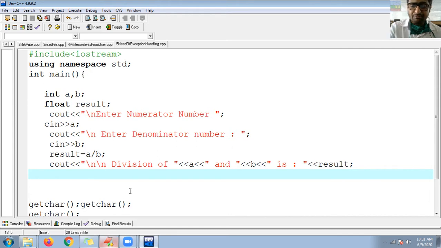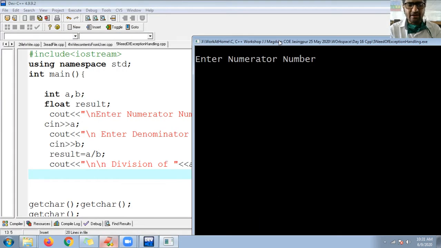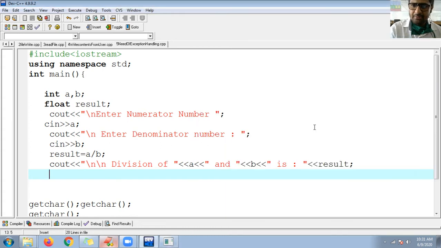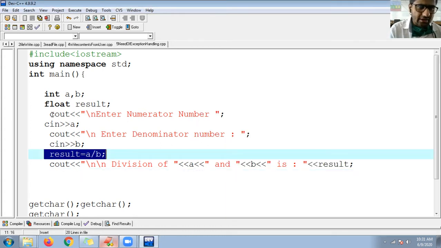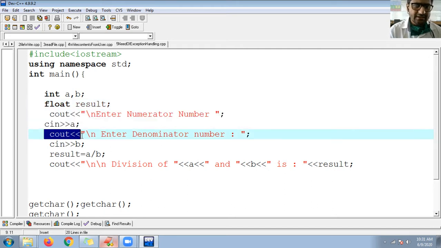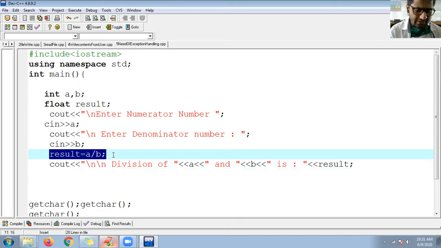Whenever my program is in running mode, I enter the first number, the numerator value, successfully. When I enter the second value, it shows me the error. This means this line can generate the error. Enter first number, successfully executed. Enter second number, successfully executed. When the control comes here, it shows the error.